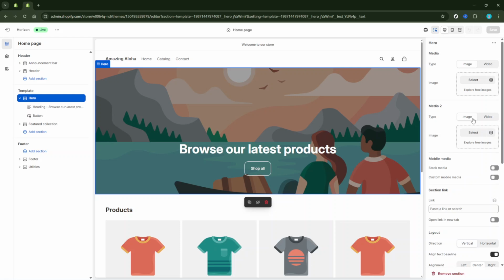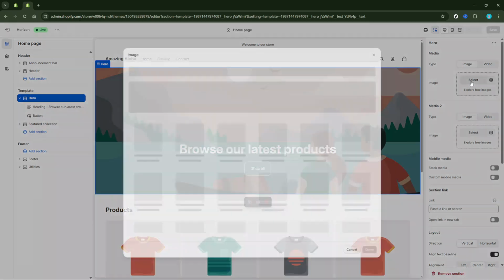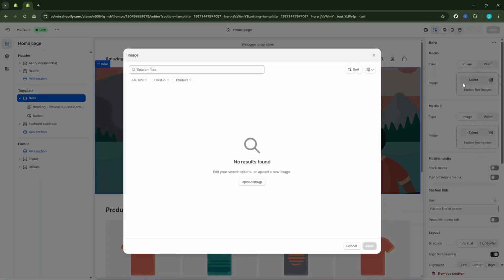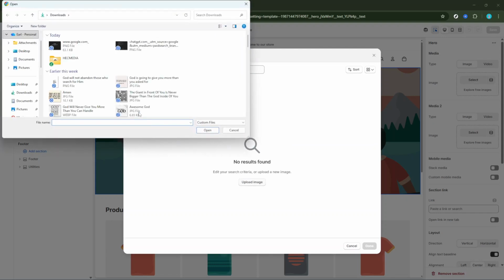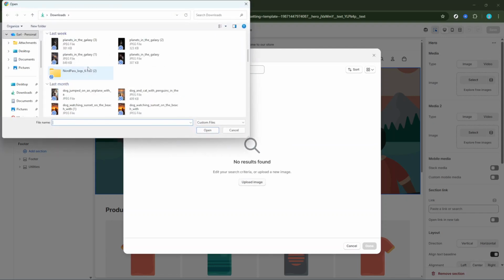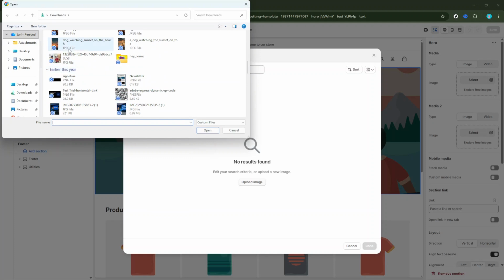If your theme supports different images for mobile and desktop versions, you're in luck. Some themes offer this feature natively. Look for options labeled as Desktop Image and Mobile Image. This setting is what allows you to select different images optimized for each device type. Once you see these options, you can upload the appropriate images for desktop and mobile.